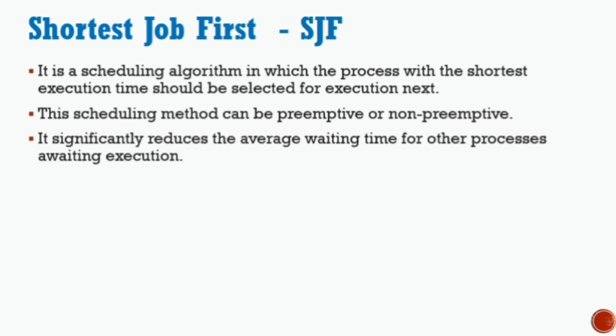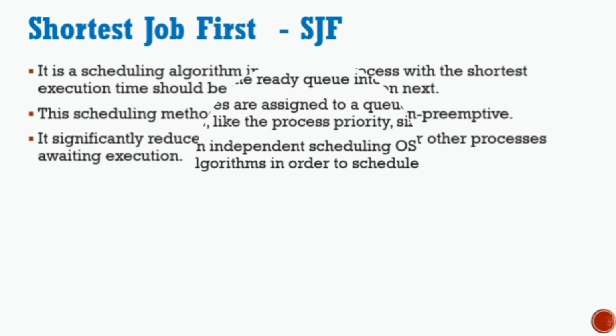And this algorithm is very useful when it comes to batch type processing, wherein waiting for jobs or processes to complete is not very critical, but the ones which have shorter time are prioritized, and it actually helps in improving the job output by offering shorter and smaller jobs which could be executed first, and they would definitely have the shorter turnaround time. So this is the SJF algorithm.